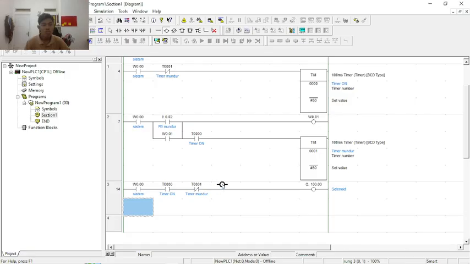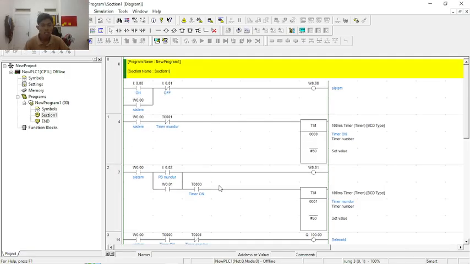Okay, so we have finished making the diagram. So this is the ladder diagram.